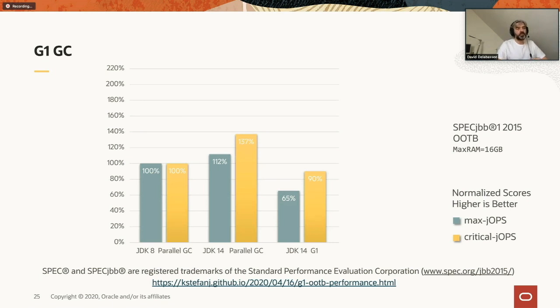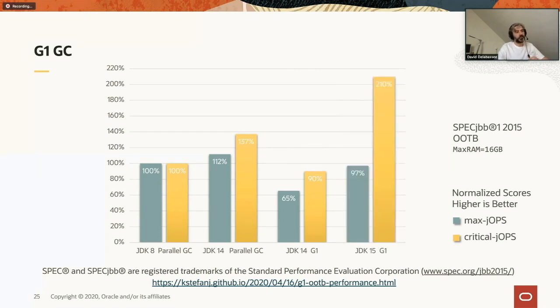Having said that, if we look at the next slide, we see in this particular case, so this is with a heap of 16 gigabyte, that there has been a regression between 8. Well, I don't have the result of G1 here, but we can clearly see that there is a drop. So we had a regression, basically. And I don't remember the exact issue. If you want to know more about the given bug, you just need to check the blogs at the bottom of the slides. But that issue has been solved.